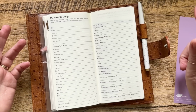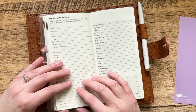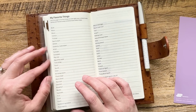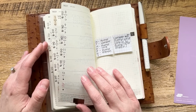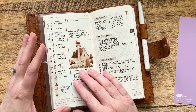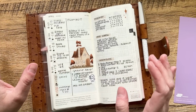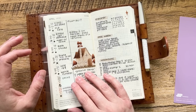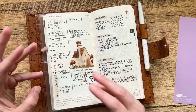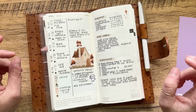Also the Hobonichi A6, but I haven't been consistent with using those like I have been with the weeks. All right, so the next thing is that they are so flexible. And this goes back to, we often deal with planner boredom, and I think that maybe a lot of times we don't realize that. So there's always this talk about looking for planner peace, and I kind of believe that